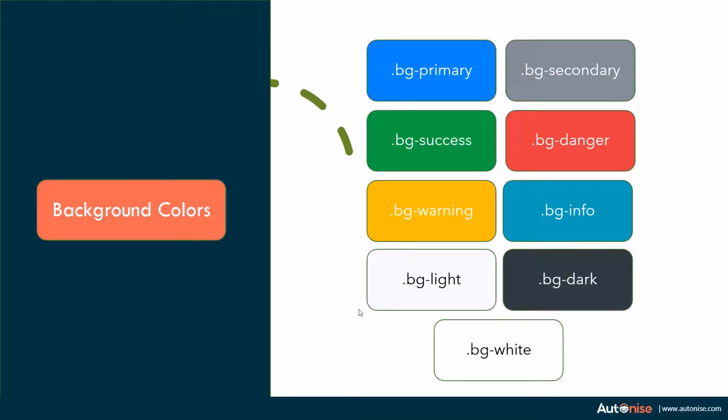So if you want to have a button which has a green color, you use .btn-success. That button will have the green color and will allow you to create a button which a user will press when there is a success. So if you have a yes, then you can use this btn-success. If you have a no, which is dangerous, then you can have bg-danger.